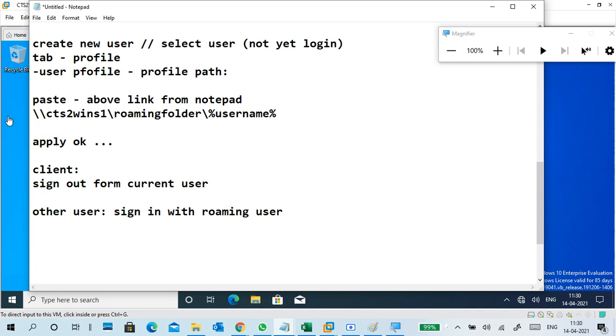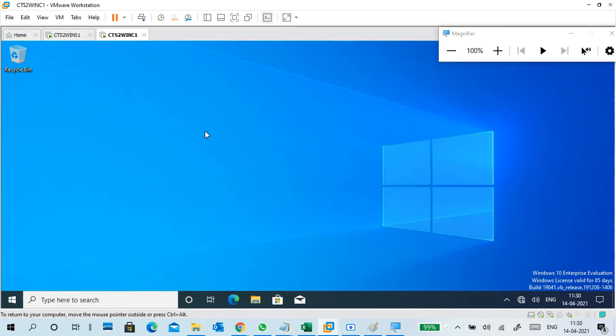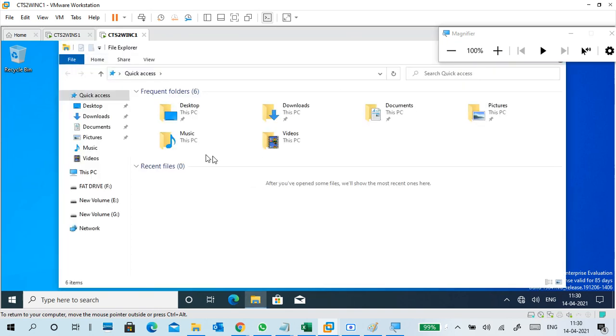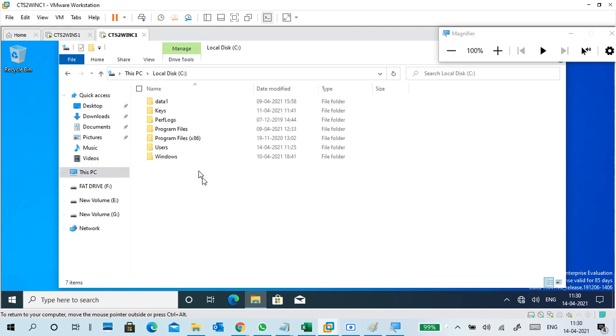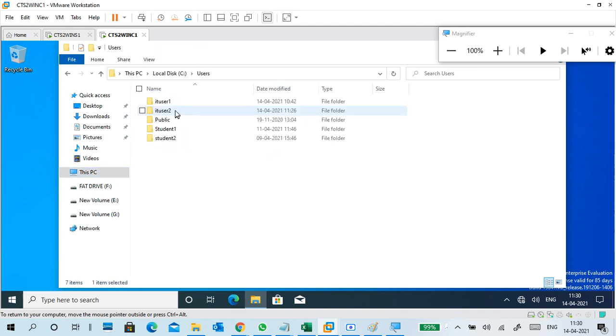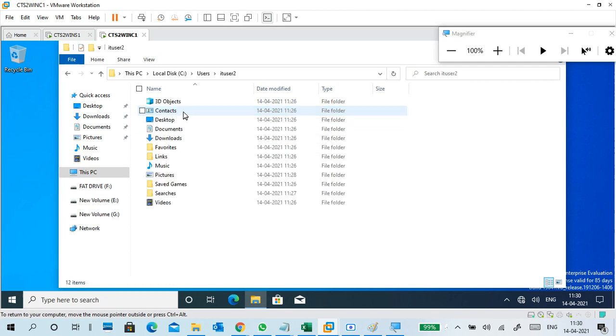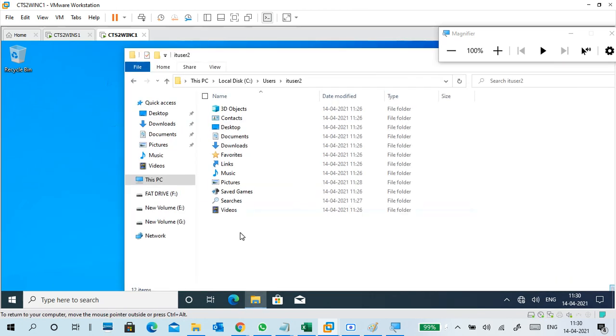So once you log in, this is your thing. We don't get any wrong notifications and all. We'll see, maybe we'll get it later. So currently this is my profile data. If you see users, this is IT user 2. Same thing, it will show like this, but user 1 data is not showing here anyway.